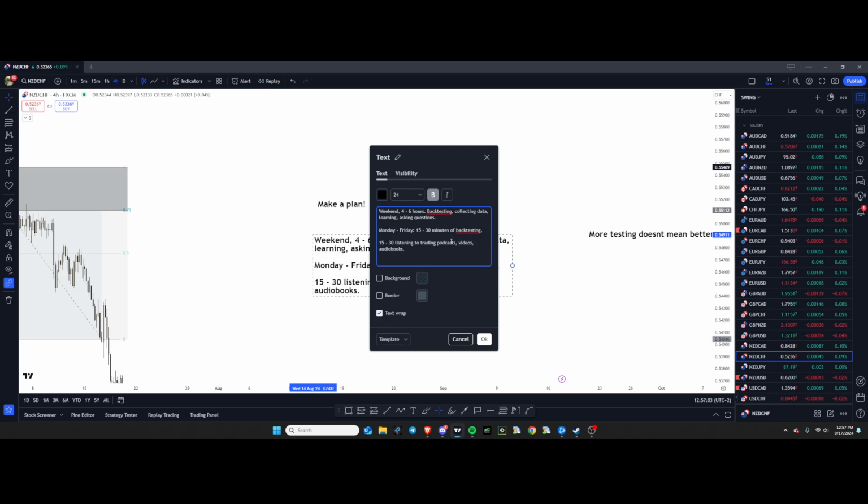Because believe it or not, listening to people who have experience is more important than you think. So spend 15 to 30 minutes listening to trading podcasts, videos, audiobooks, and do that when you're going on a walk, for example, walking a dog, whatever. And that way, you kind of minimize the time that you're backtesting.